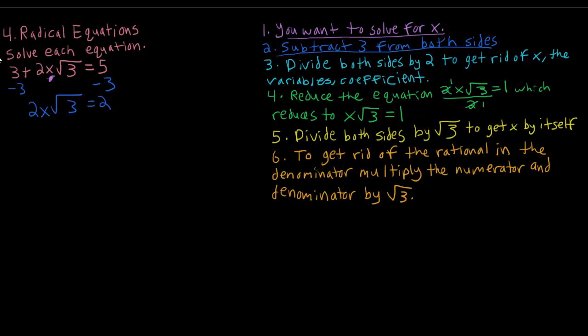Next, we want to divide both sides by 2 to get rid of x's coefficient. So again, we're still trying to get x by itself. What we can do is divide x by its coefficient, which is 2. If we divide on one side, we have to divide on the other side. So that gives us